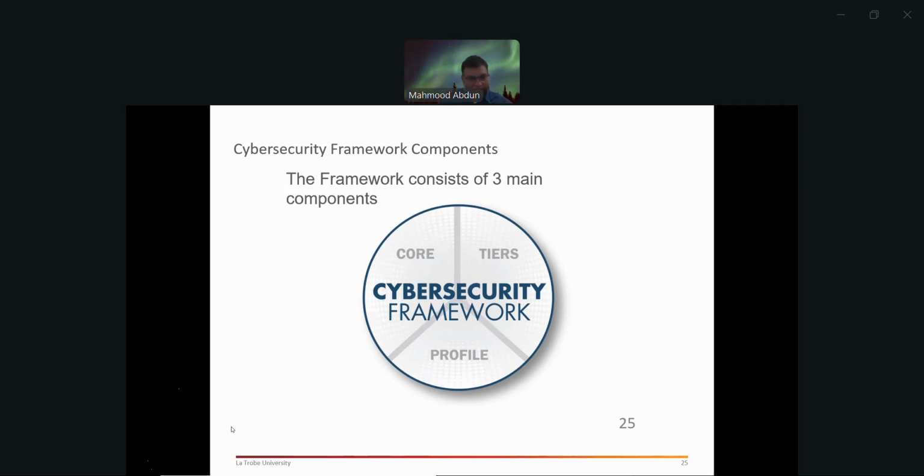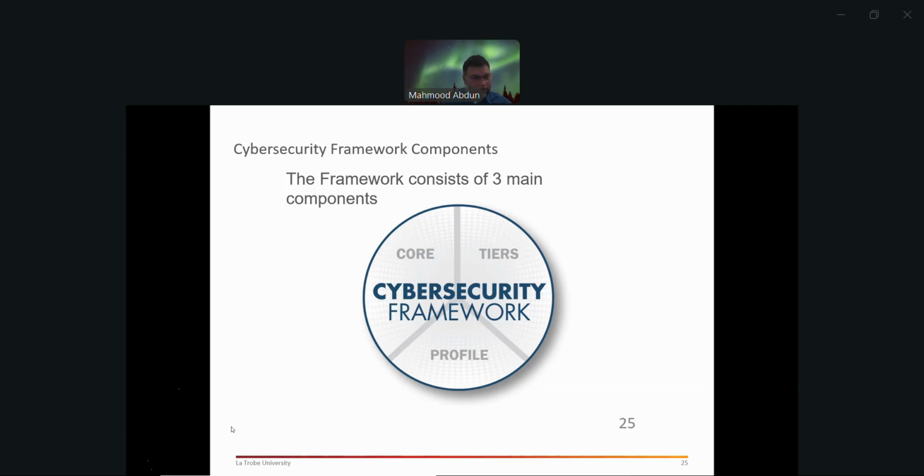It consists of categories, subcategories, and informative resources, and also the functions, and we'll talk about the functions soon. The implementation tiers are there to describe the levels of implementation. And then there's a framework profile, which basically aligns with industry standards and best practices.